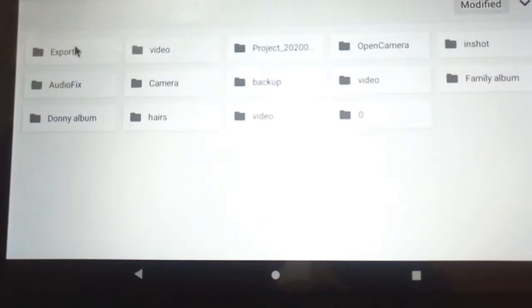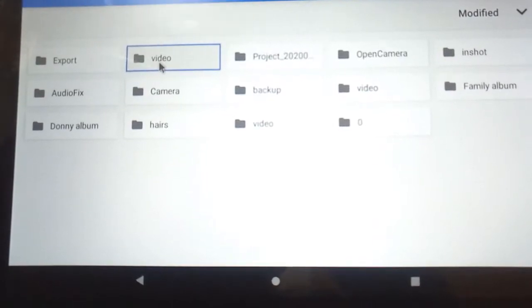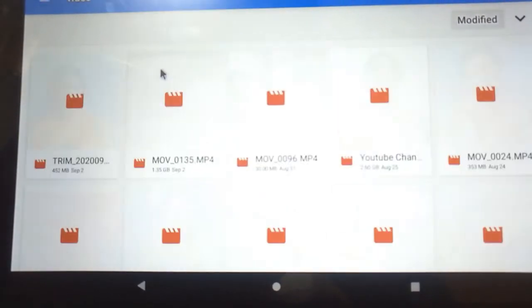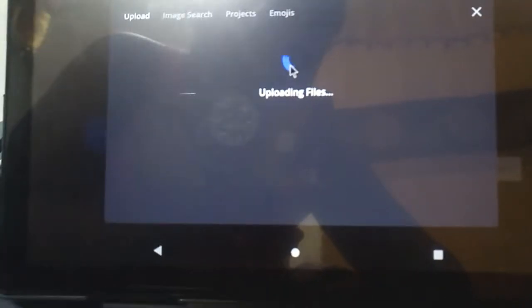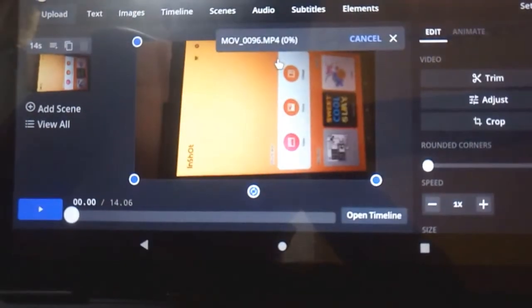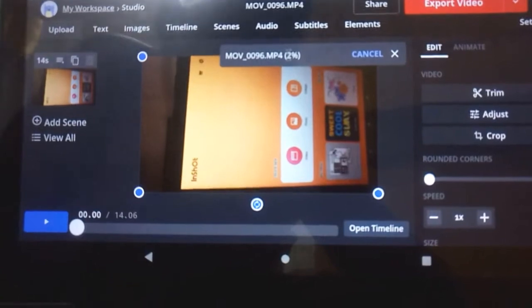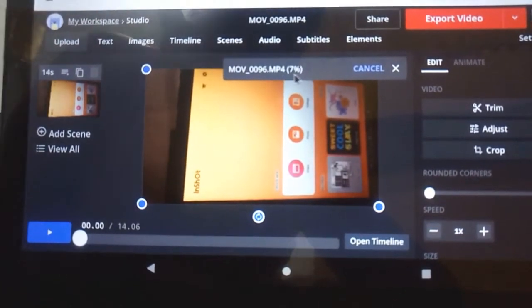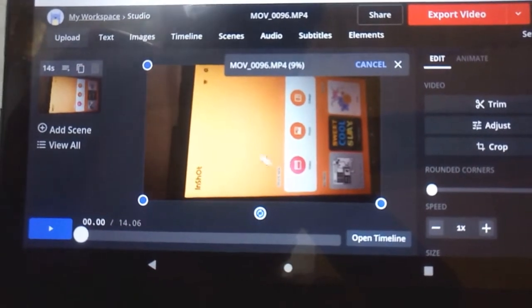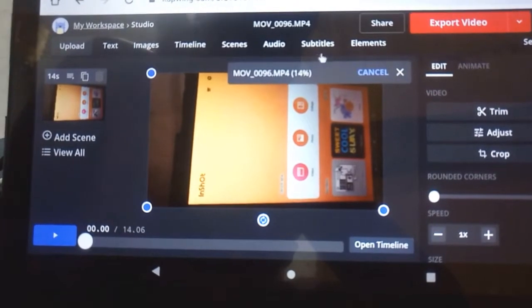I'm so sorry, I have a lot of videos, so I'll quickly pick a short video that we are going to generate on time, for me not to take too much of our time, because you must allow it to load fully. You can see the MB, the way it's loading. You must allow your clip to load before you start editing. So before it loads, let me quickly explain some of these tips here, how we can use it.